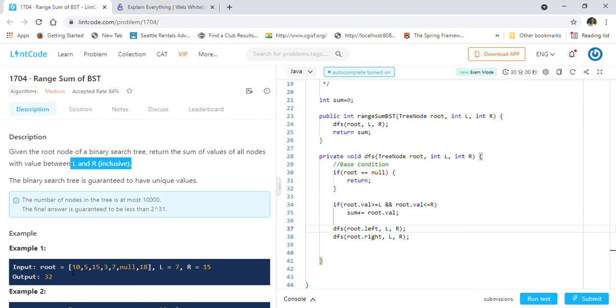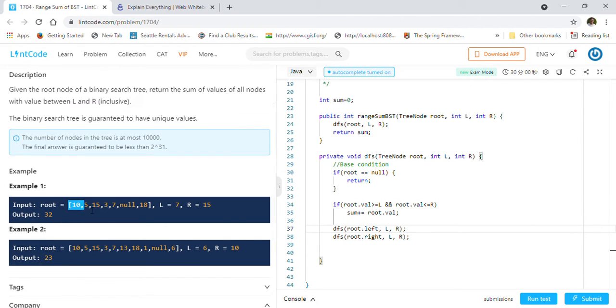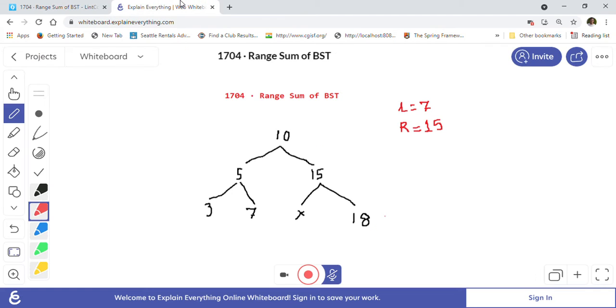So they have given us this example. We will take this first example over here and discuss our approach. We are going to write a recursive function. The recursive function will be similar to the pre-order traversal, where first we visit the root, then we visit the left tree, and then we visit the right tree. So that is the approach we will have. We are doing a DFS starting from the root, so it will be a recursive call.